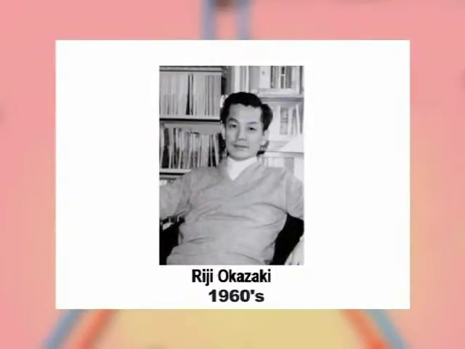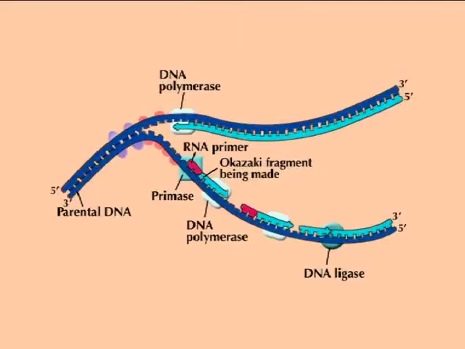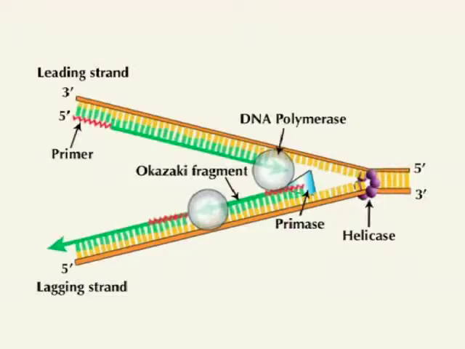It was a big puzzle for a long time, as there was no known DNA polymerase which can carry out such an extension. This problem was solved in the 1960s when Reiji Okazaki and his colleagues discovered the presence of a large number of small DNA fragments, each with an RNA primer attached to it, called Okazaki fragments. It has been well established now that the synthesis of this strand also takes place only in the 5' to 3'